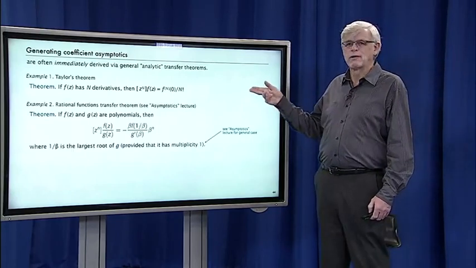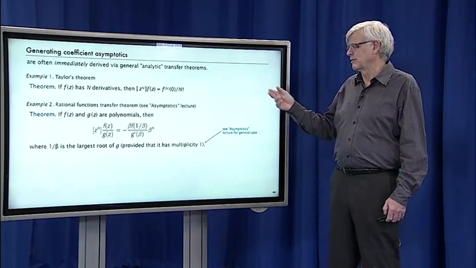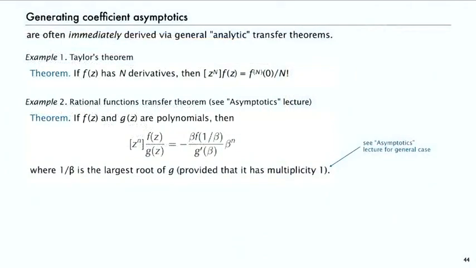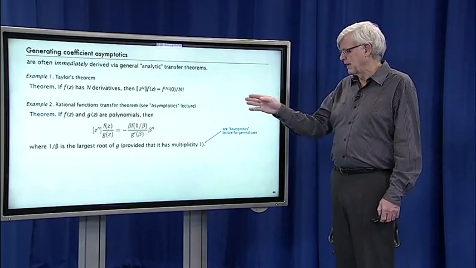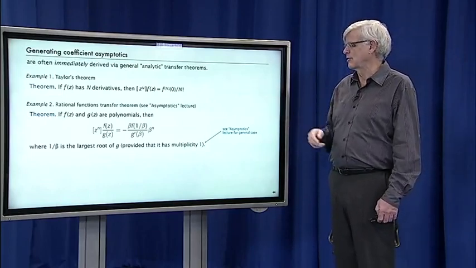We saw another example with rational functions, and we talked about that in the generating functions lecture and also the asymptotics lecture. This is a special case, just for simplicity on this slide. If f of z and g of z are polynomials, then the coefficient of z to the n in the ratio of f of z to g of z depends on the largest root of g, the denominator. And if 1 over beta is that root,